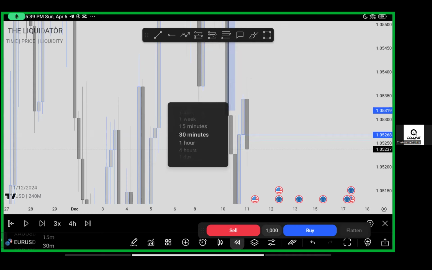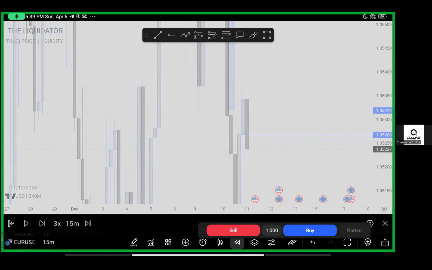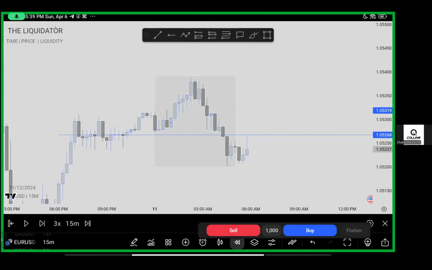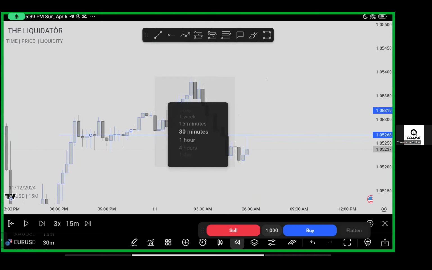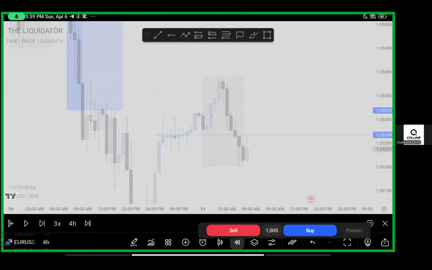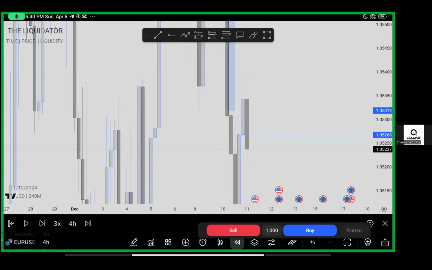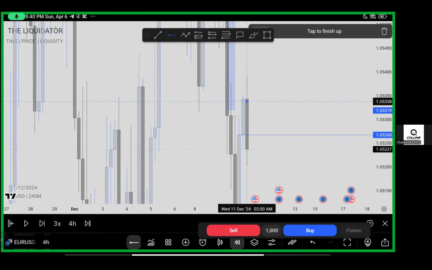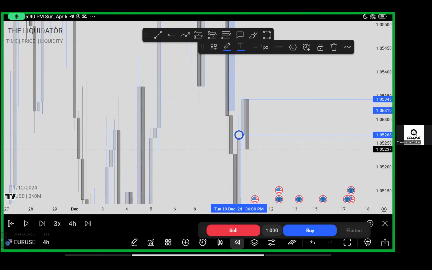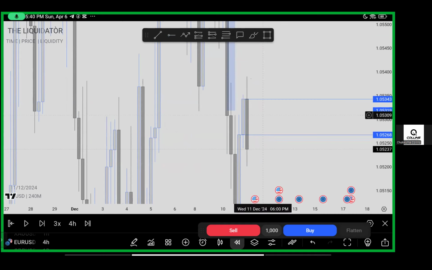So we are going back to the 15-minute time frame. Okay, we saw a rejection. Let me highlight the rejection block as well, but I don't use rejection blocks. We are following what the alchemist said now. He said the 4-hour order block is where our entry is going to be. But we can also highlight the rejection block as well, just in case, right? But this is what we are looking out for. This is just going to be maybe if I decide to disrespect the order block, tap